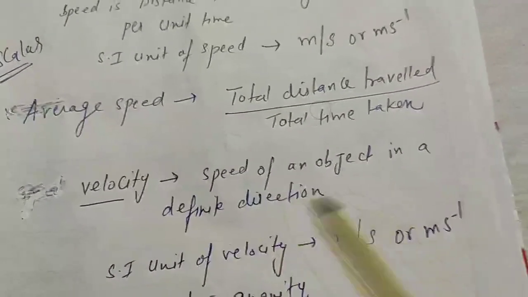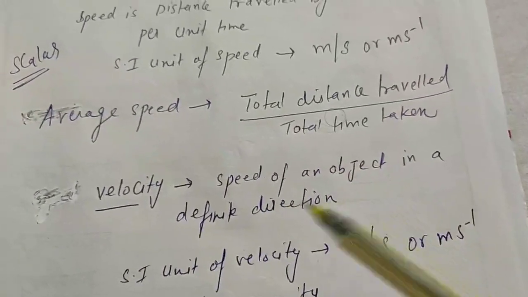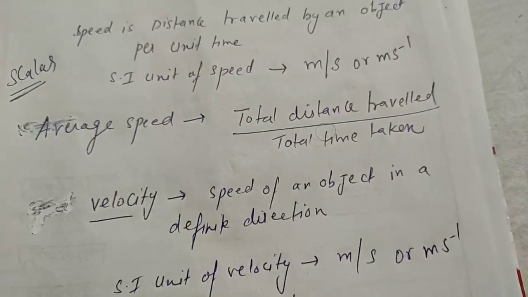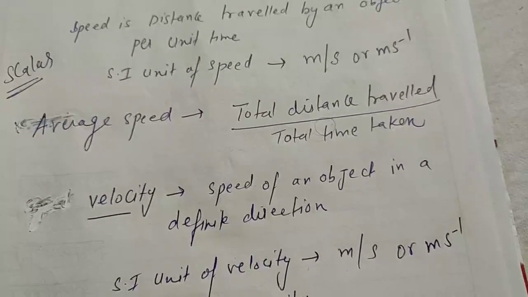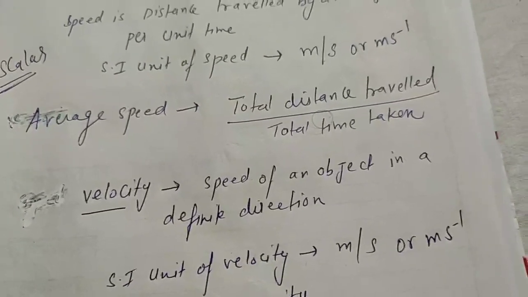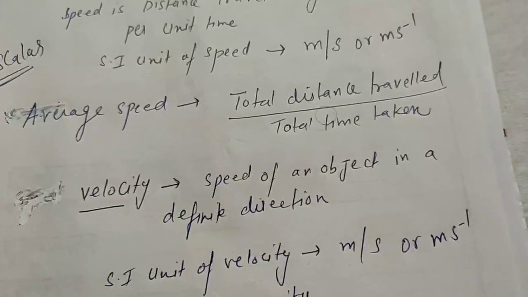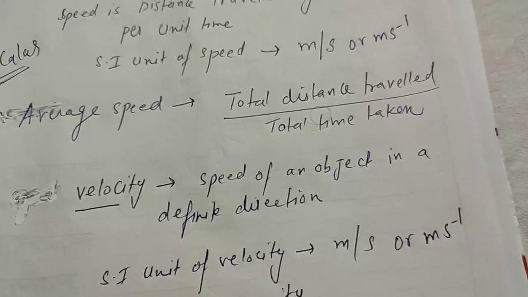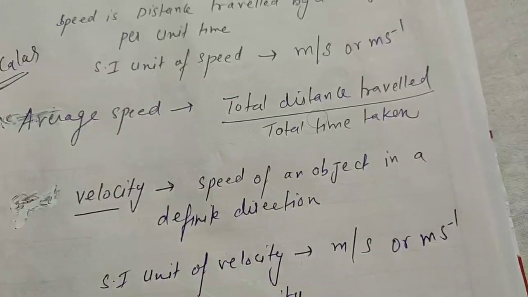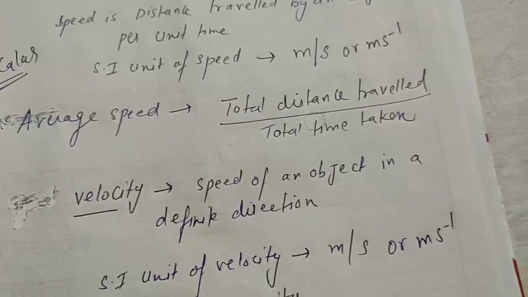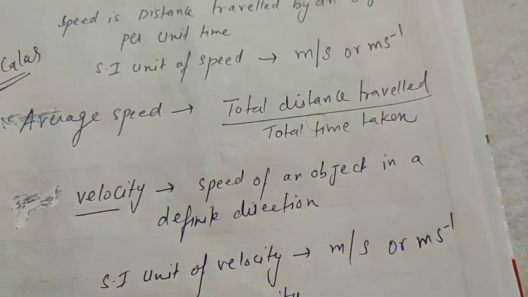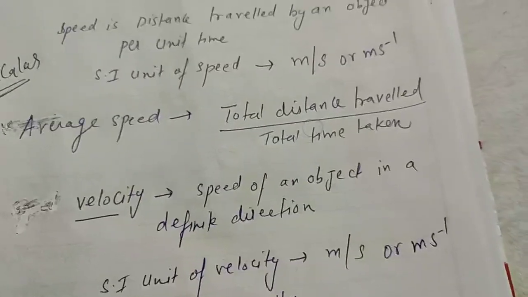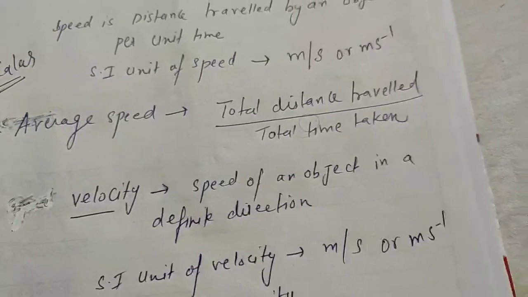Okay, let's look into this definition. The average speed is basically the total distance traveled divided by the total time taken. Suppose when we travel from one place to another, it is not obvious that the speed will remain the same. The distance which we cover in 1 hour, suppose the total journey is of 5 hours, doesn't mean that in the first hour, the second hour, the third hour, the distance covered by an object will be the same. So the speed will not be the same throughout, but we have to tell the speed of an object for a particular journey.